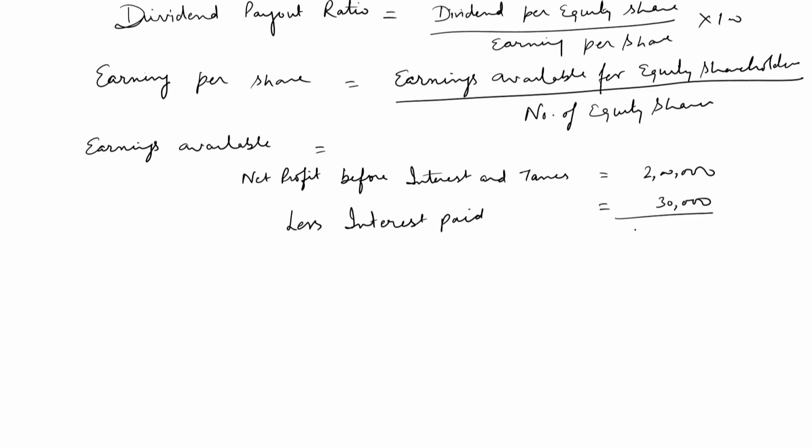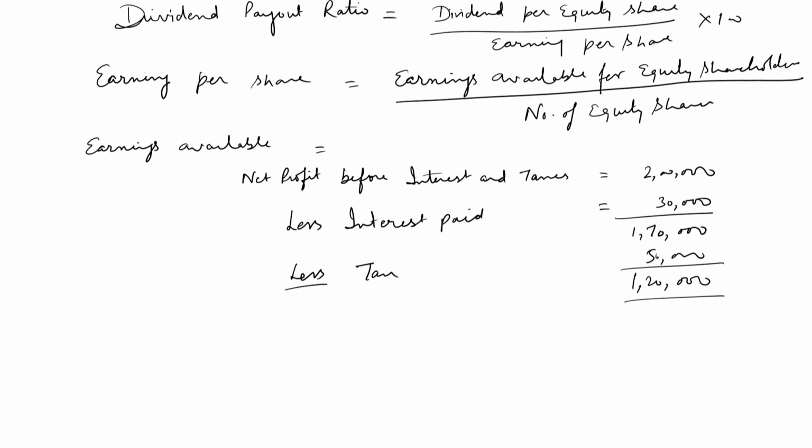So the balancing figure of 1,70,000 will be there. Out of this 1,70,000 we are supposed to pay the tax, which is given as 50,000 rupees. So we are left with the earnings available for equity shareholders amounting to rupees 1,20,000 after making all the changes